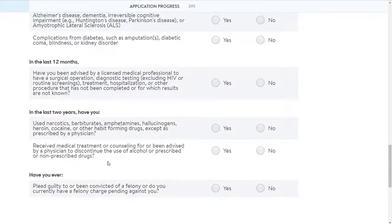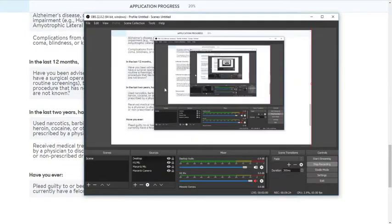So the takeaway here, as I take you off of my screen and explain to you exactly the implications, is that if there's any of these that you answered yes to, then you will be booted back to the guaranteed acceptance product. If you answer no to everything, then you potentially qualify for the simplified whole life MassMutual product, which should get you first day full coverage for natural and accidental death, along with the benefits of whole life, meaning your rates don't go up and the coverage never goes down,